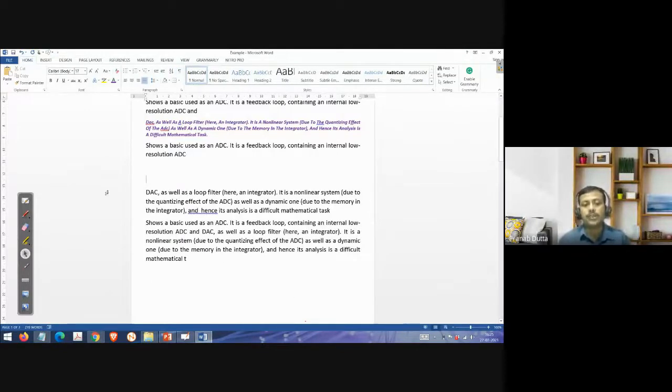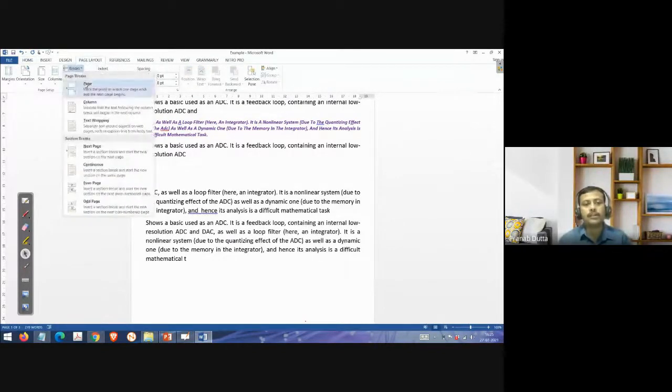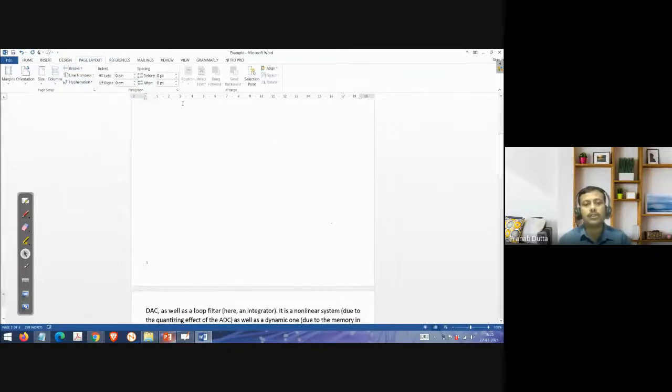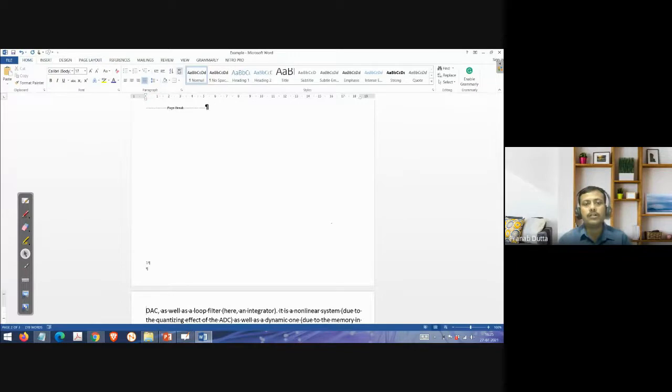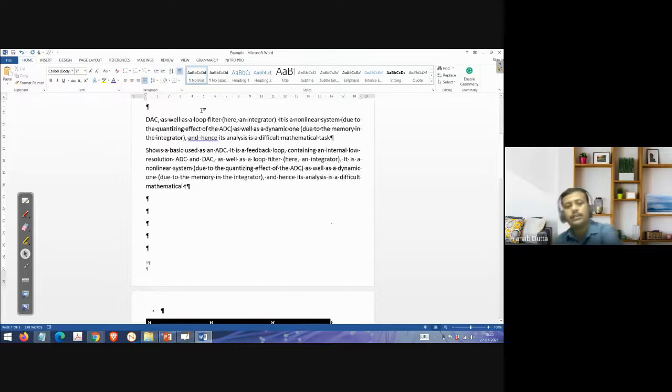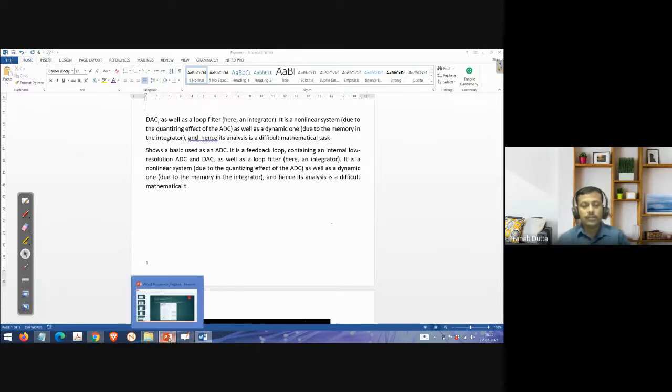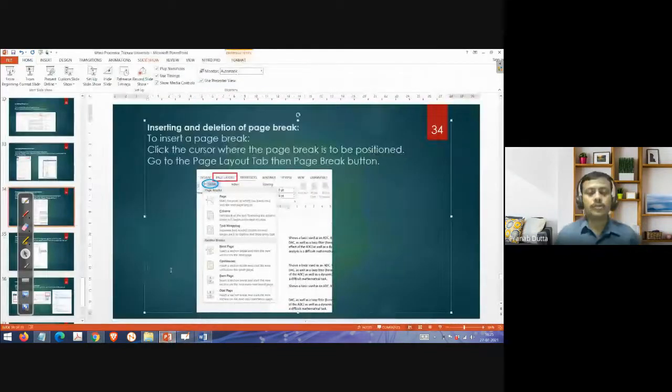So page break means put the cursor here, go to the page layout, page break. Right, it is going to the next page. Now how to remove it? Home, this, and here the page break is there, right? You just delete. So it is going on. This is about page break.